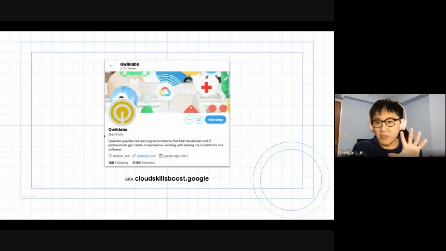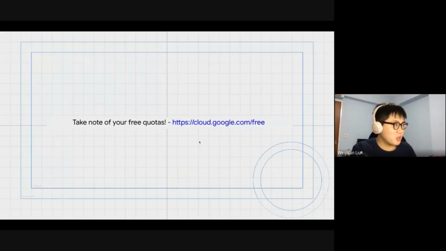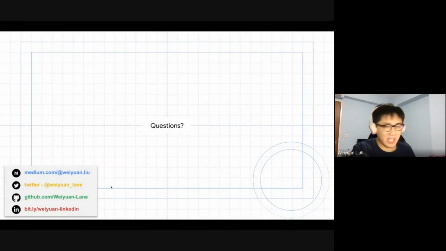To give you a few tips, if you want to get familiarized with using Google Cloud, one huge tip I have is to subscribe to the Qwiklabs Twitter account. They give free subscription codes every now and then to allow you to try out Google Cloud. And it's a sandbox environment. It's not a simple emulated environment where you don't get to use Google Cloud; you get a sandbox with a guided lab where you can use the entire Google Cloud environment in its actuality. Okay, I'm going to jump to the end if there's any